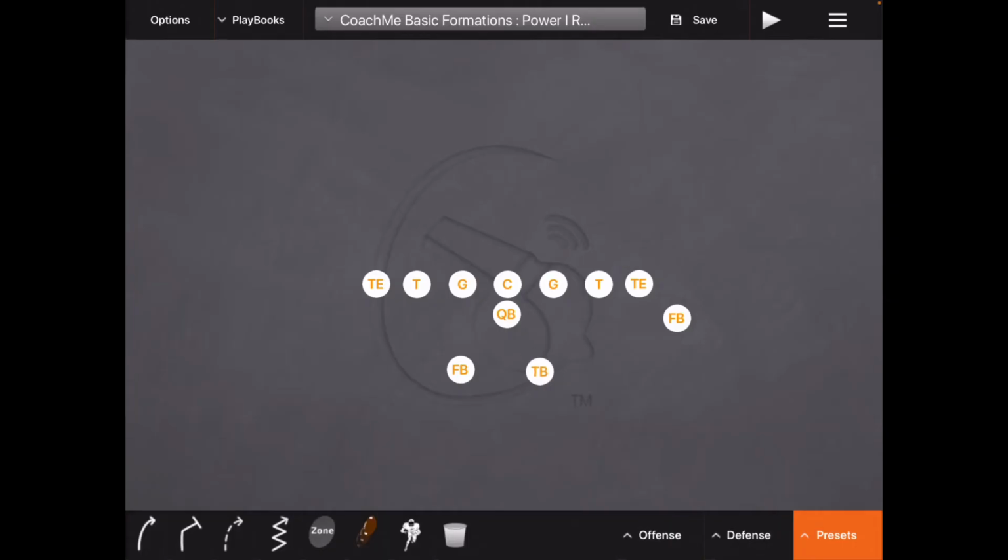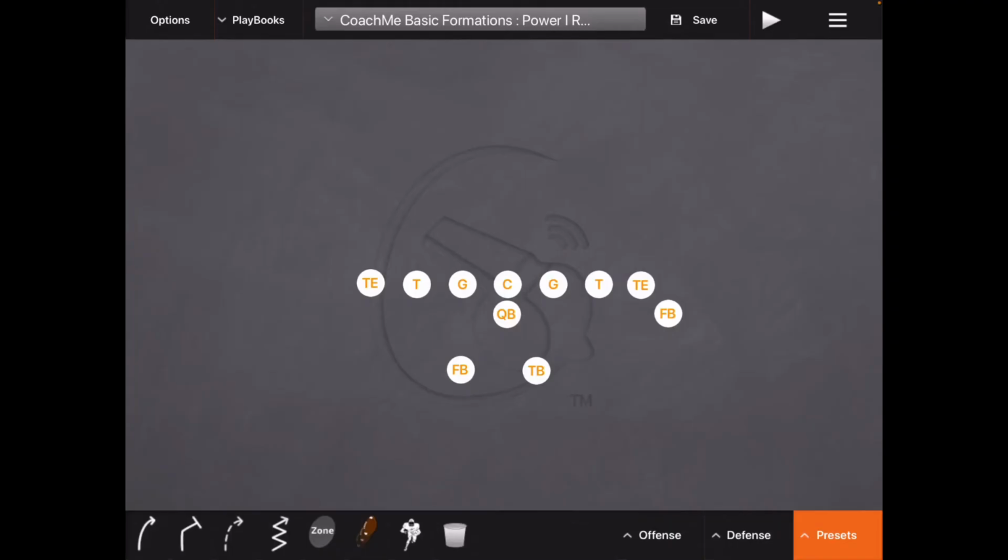Okay, and you can do some fun things out of this with this tailback. You can go in motion. You can load this one side if you do have a pass play, if you're just killing them with the toss and you want to do a pass play out of it. You got 2 receivers over now here instead of 1. You can get pretty creative. You can do reverses with this. There's a couple different things you can do with this pro.